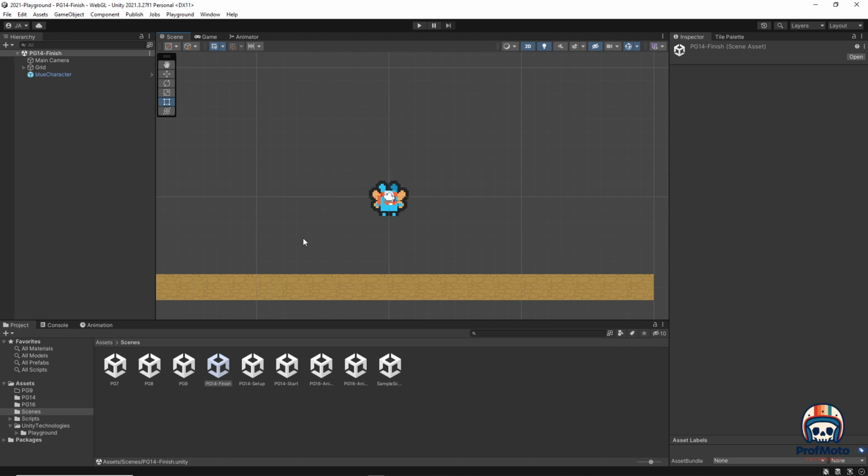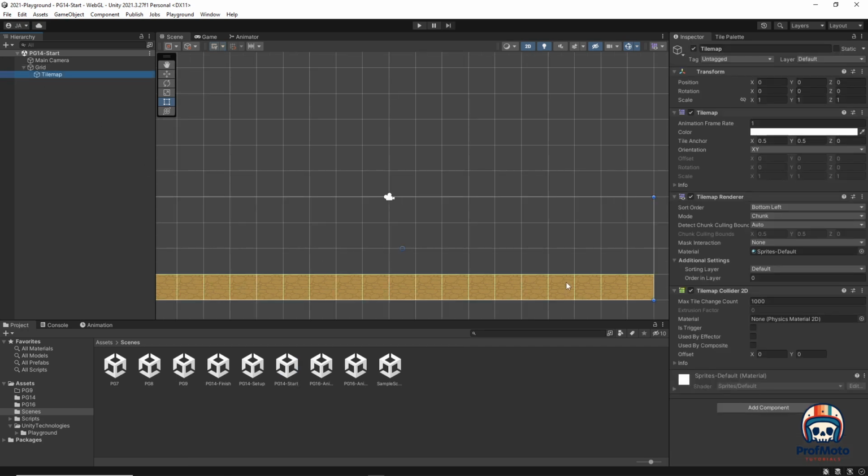So I'm going to go ahead and open a scene that I have set up that just has a basic tile map. And on that tile map, we have a ground and a tile map collider on that ground. The next thing that I'm going to do is I'm going to go to